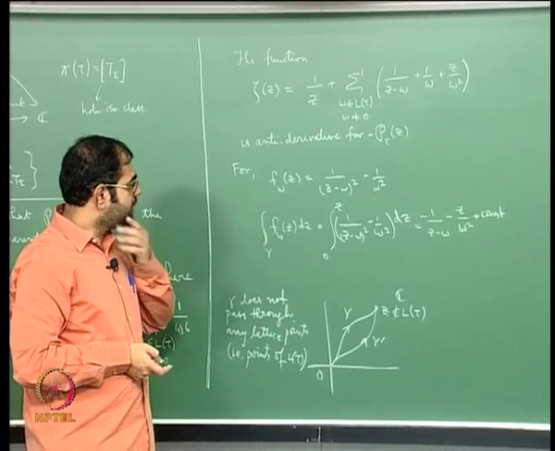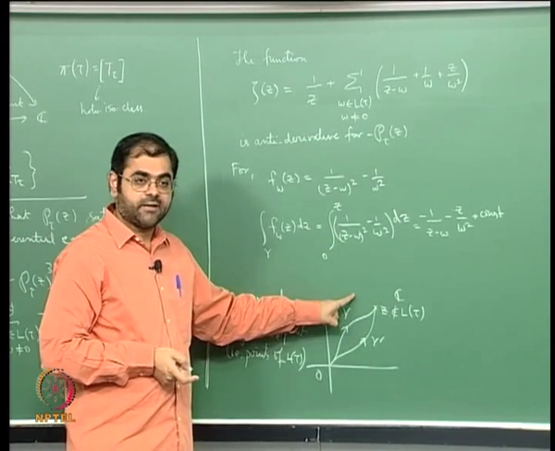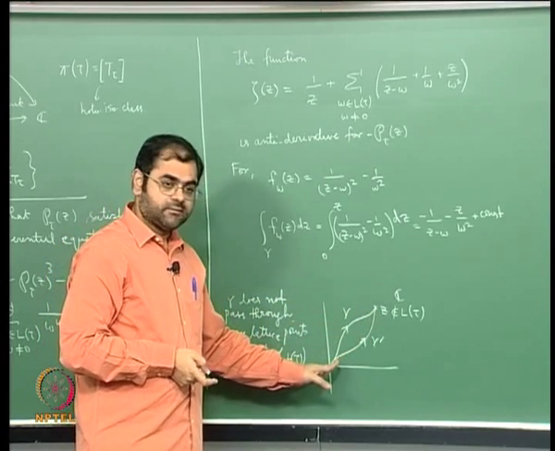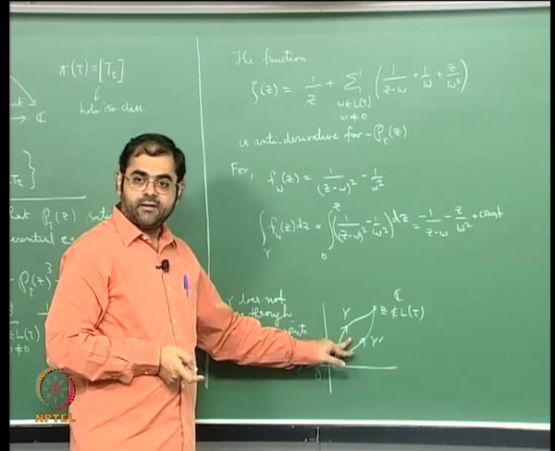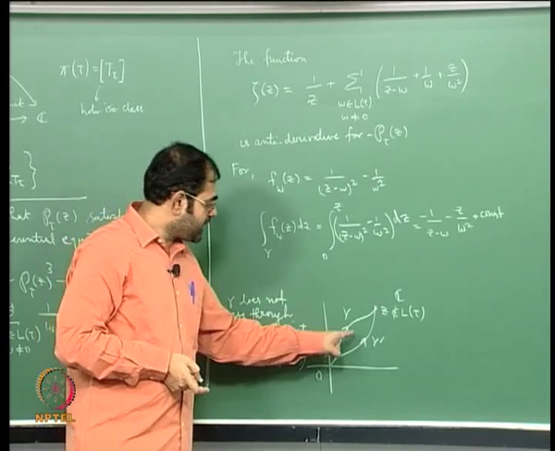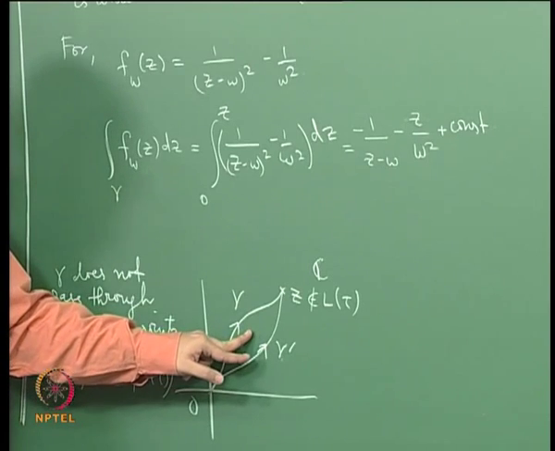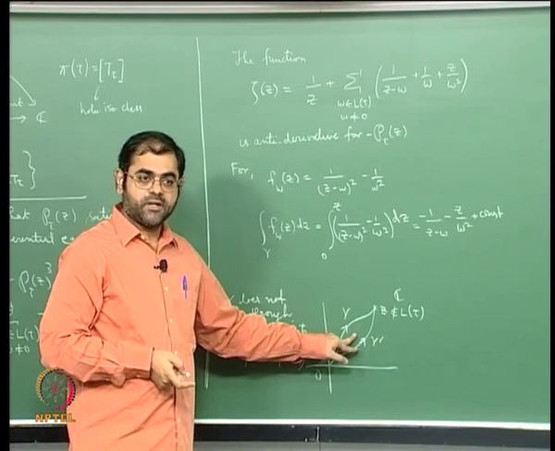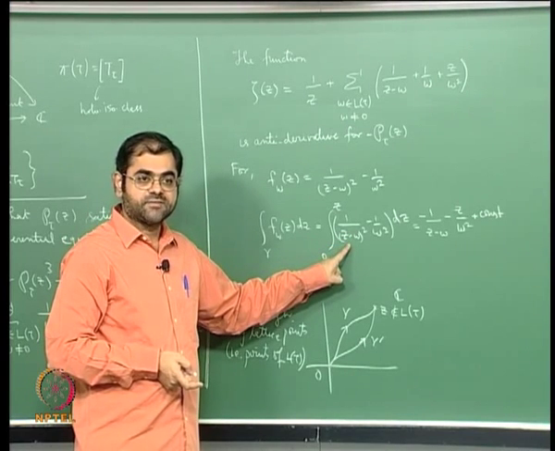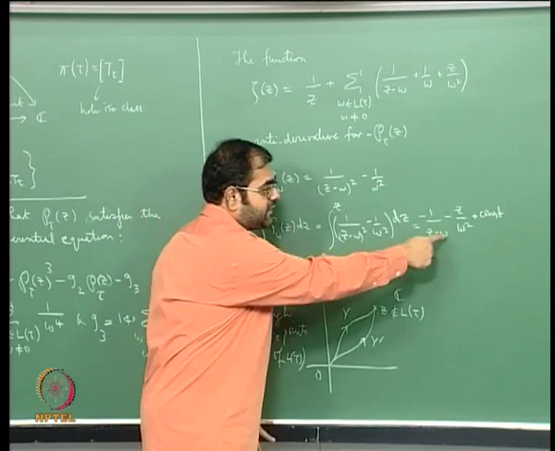Okay, and there are two possibilities. If omega is not inside, then anyway there is no problem. The function is analytic in this region inside and on the boundary, and therefore the integral does not depend on the path. On the other hand, if omega is inside, then it will be 2 pi i times the sum of residues at that point, but the sum of residues is 0. This is the reason why we put this in the expression for phi of z: we wanted a double pole with residue 0. Therefore this naive integration is correct.